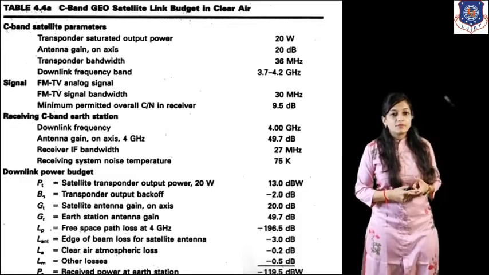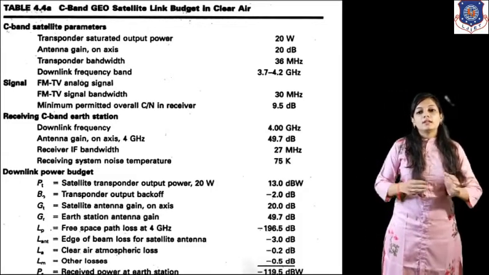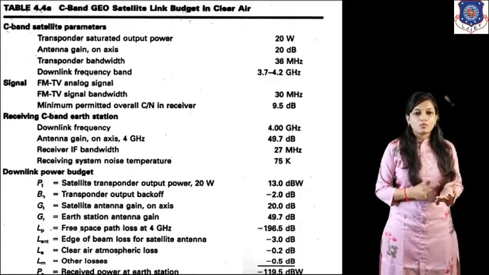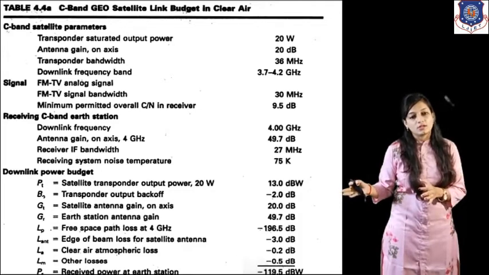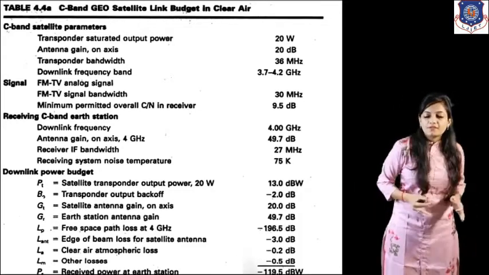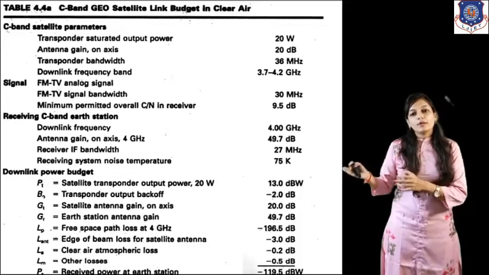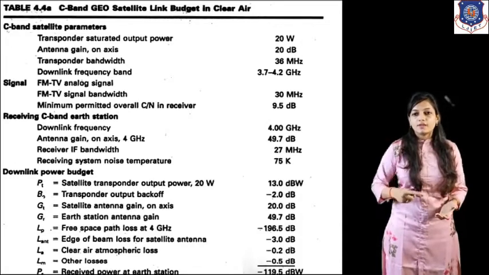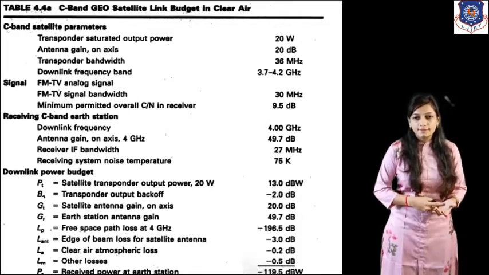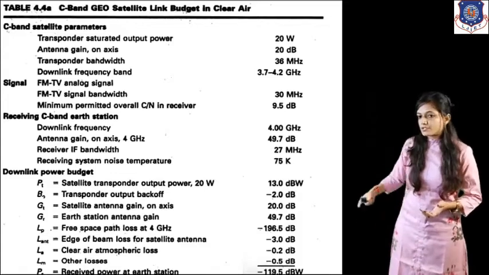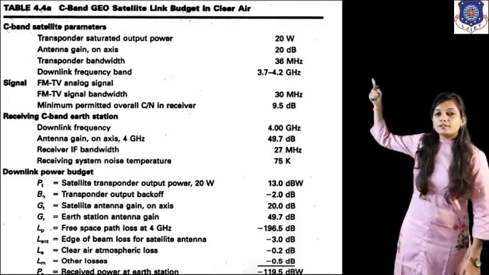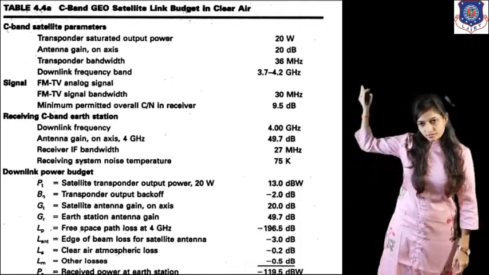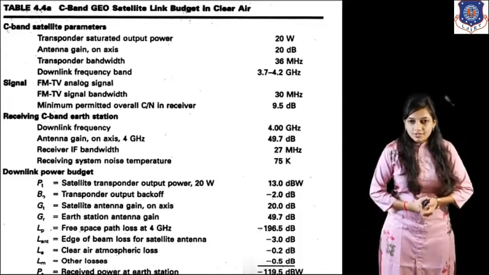Over here, why have we used C-band? We know that there are different types of microwave bands starting from L, S, C, X, K and so on, which have specific frequencies, right? For satellite communication, we are using the C band and K band. Nowadays we are working on the K band, right? But the example given here is C band, and the satellite used is GEO, that is geostationary Earth orbit satellite, right? This is a tabular way to calculate the link budget equation.